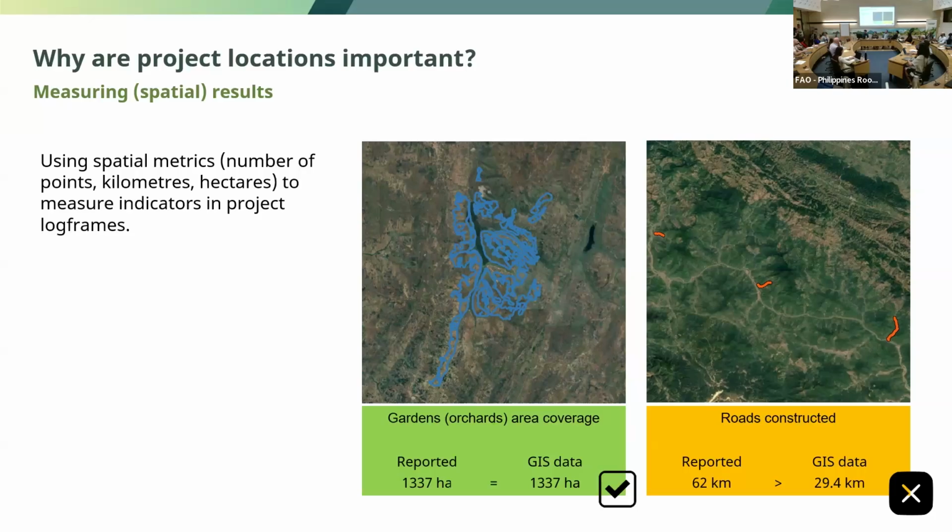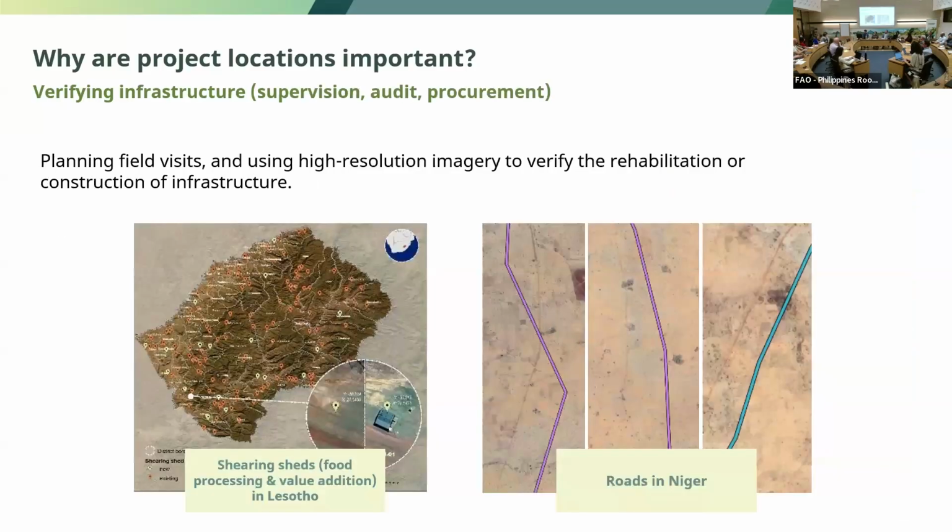First of all, we can measure results. This may sound very basic, but this type of data is not a standard yet within many agencies. So we can measure spatial results by calculating the number of hectares, the number of kilometers, and just counting the number of points. This basic thing is not a standard yet, and that's why many results are probably not completely correct. Once we have this data, with a simple calculation, we can compare it with indicators of the log frame. We can say, the project said 500 kilometers of road were developed, and now we can measure it and control it. So that's the first benefit.